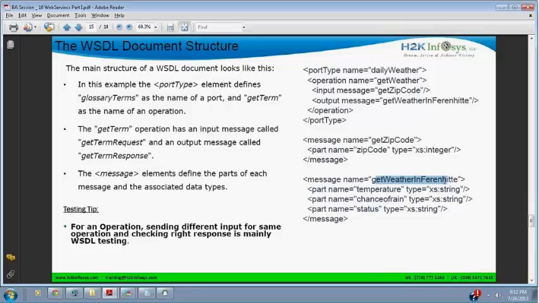Get weather Fahrenheit gives me three outputs, which we saw on the screen. The first output is temperature, second is chance of rain, and third is status, or message. All three, temperature, chance of rain, and status, are strings. So that's defined in the web service.